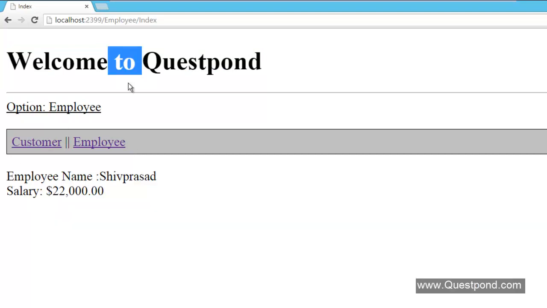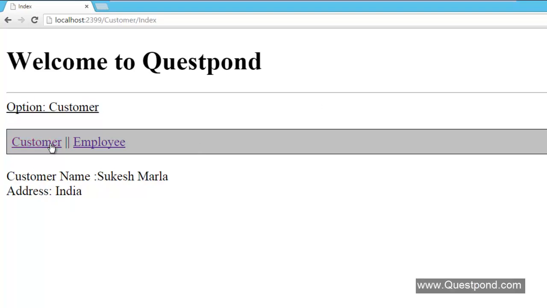Earlier the welcome message and option name were separated with the help of a horizontal line, and you can still see that now. That means the structure is still the same, but the content changed. If I click on customer, just the content changes. If I click on employee, just the content changes. The structure remains as it is and it makes user experience better. That means everything is great here.